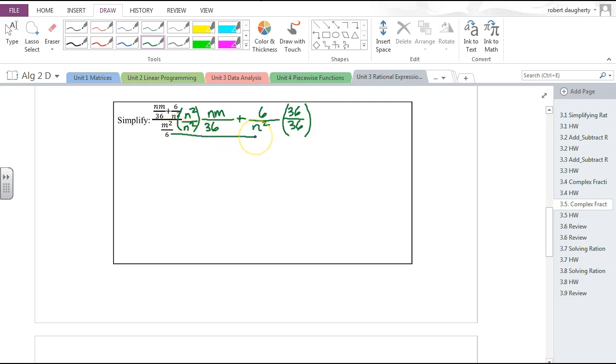And then, just keep drawing the same line. And then the bottom is good. There's nothing to do on the bottom except just don't copy it down wrong. You got m squared over 6. Okay. So when you do all the multiplication,